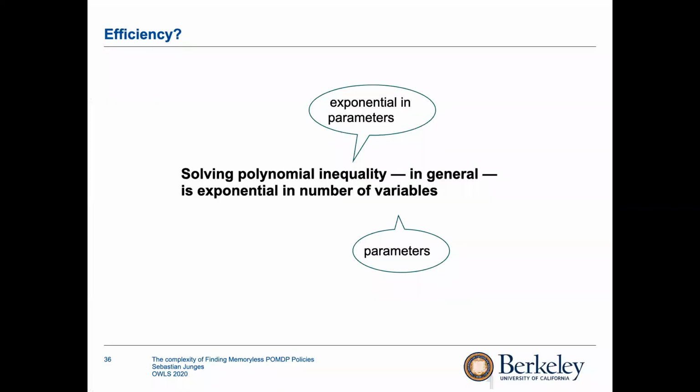So yeah, this is interesting from a theoretical perspective, but from a practical perspective, this is problematic. Still, what we just did with this state elimination is that we said, well, what you now need to do is you only need to solve one polynomial inequality, which, however, is exponential in the parameters. And this is still exponential in the number of variables, which is now the number of parameters. So we kind of went from exponential in states and parameters to doubly exponential in the number of parameters. So did we make the problem easier or harder? That was basically the point where we started this,